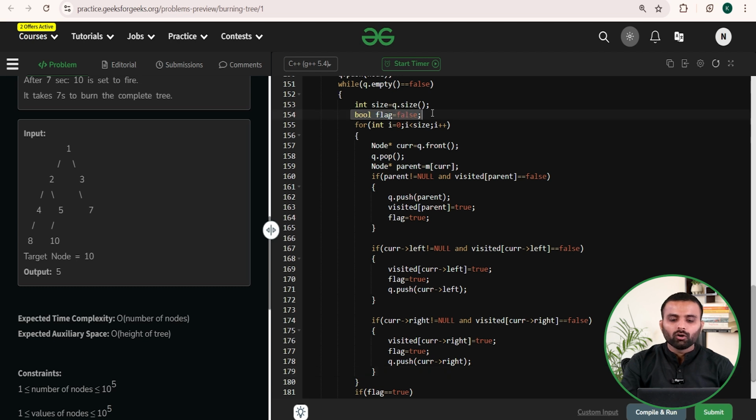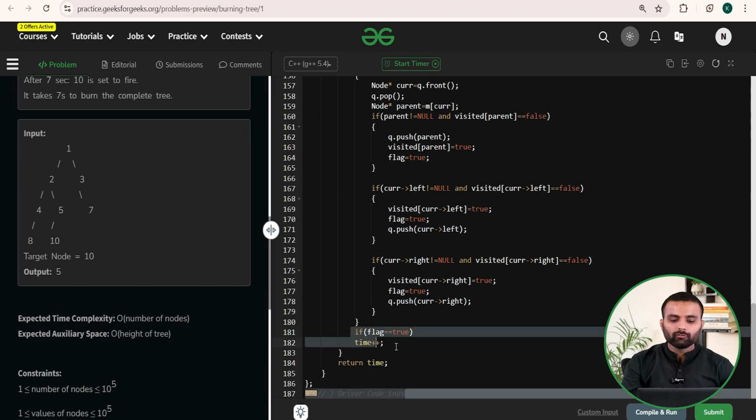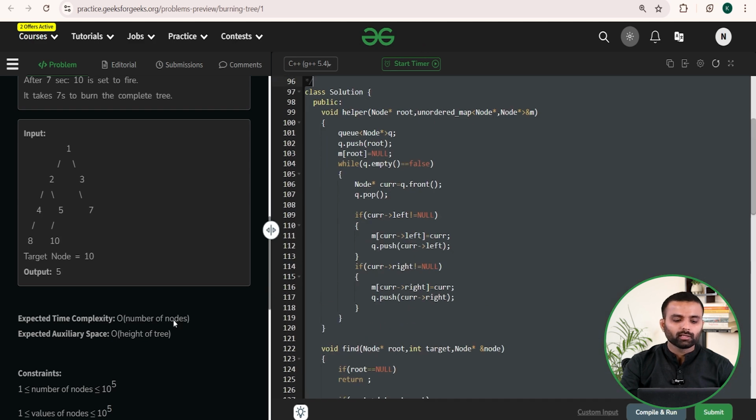If you see here, in your for loop, if your flag becomes true, it means in any of the cases you are burning a new node, right? At the end of it we just have to ask, are you burning any node or not? The flag will tell, right? If the flag is true, it means you are burning a node in that particular case. Simply time plus plus, right? At the end we just have to return the time, right? Like this,